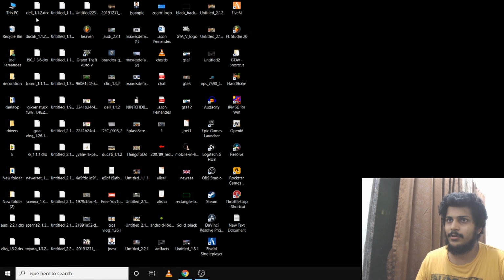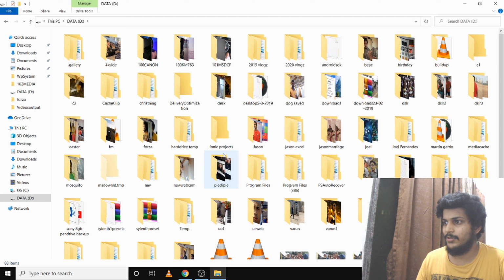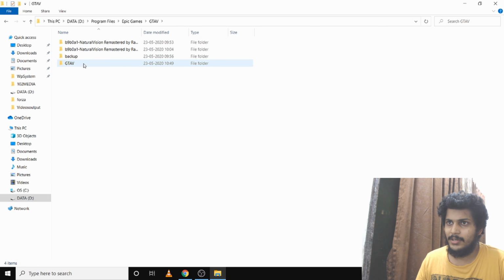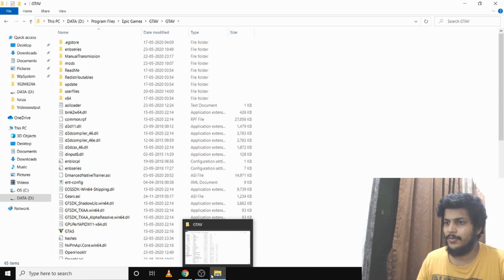So in case you're wondering now where is my GTA 5 installation folder, mine is in D drive. It depends on your computer, it might be different for you, but I'm just showing you because I don't want to skip any step, right? That's why. So here I have in GTA 5, just copy and paste that particular file here.